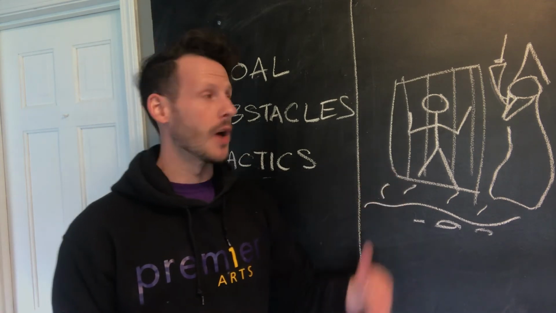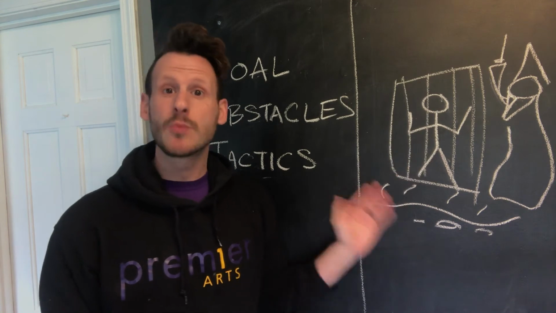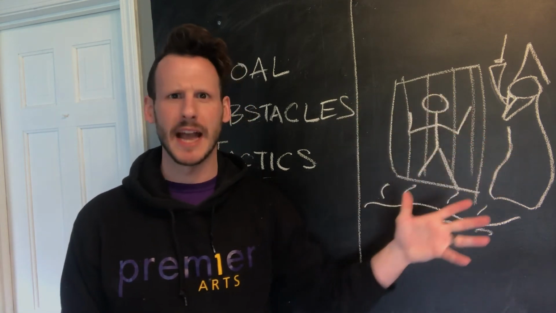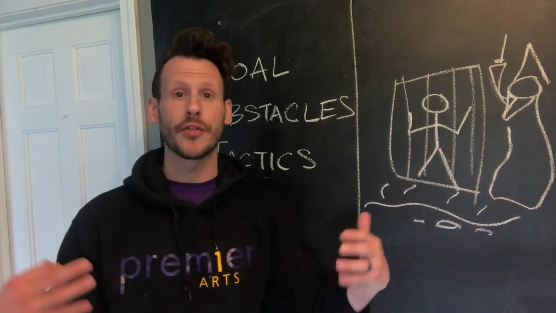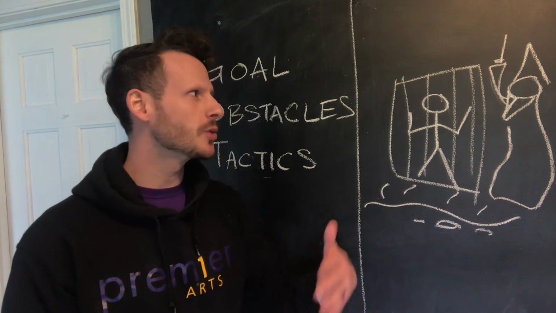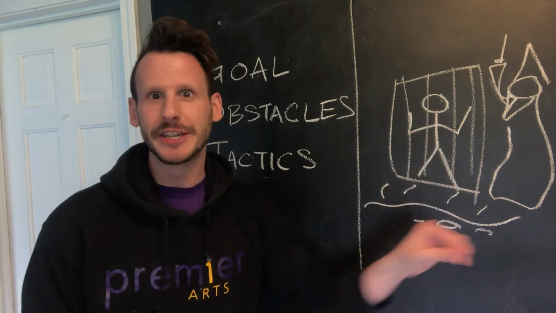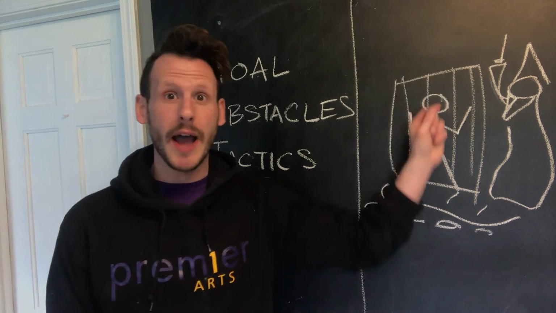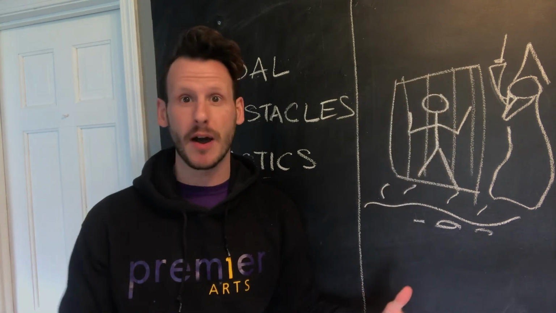So in our scenario, our character is in prison, he wants out, and there's bars, there's lava, there's a dark wizard waiting outside his prison cell. These are all things that are in his way. So some possible tactics might be, maybe he's going to wait till the wizard is asleep and reach out and steal a key. Maybe he's going to steal the wizard's wand and cast a spell on the lava and the bars.